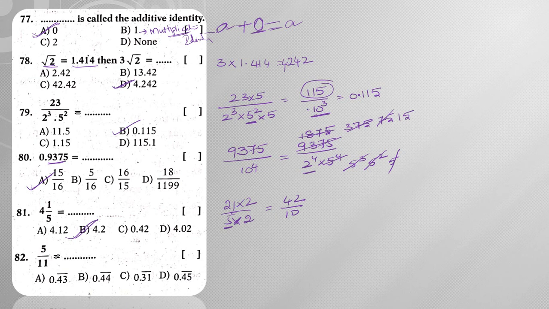Next 5 by 11. So 5 by 11 means we need to divide 5 with 11. So since it is not possible, 0 point, then it becomes 50. So 11 4s are 44, so 6 times, so again we will be writing 60. So 5 times 55, again we will be getting 5. So if you observe it carefully, again you are going to get the same thing. So the same thing will be repeated, 0.45 bar, right?